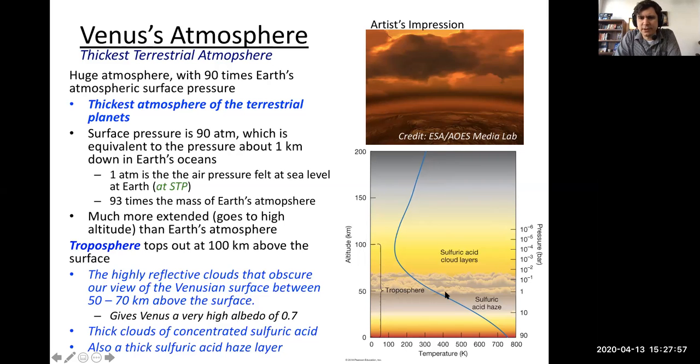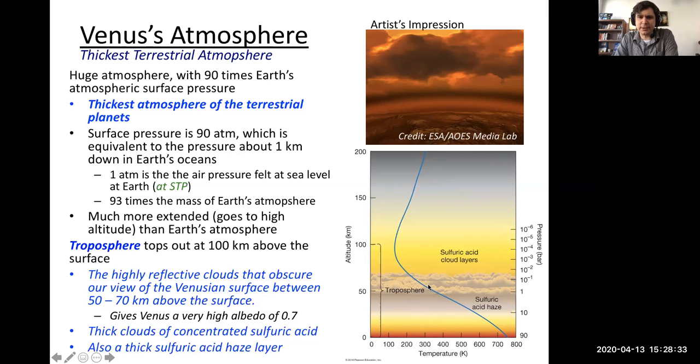Okay, so here we have above a lot of the reflective clouds, so cool things that are going on, or hellacious things if you want to go that way. You have sulfuric acid clouds. So you have thick clouds of sulfuric acid, sounds lovely. And then if you can clear the sulfuric acid clouds, you have a haze of sulfuric acid. So joy, if you did not enjoy going through clouds of sulfuric acid, we all enjoy going through a smog of sulfuric acid. So not a very safe environment to be going in.